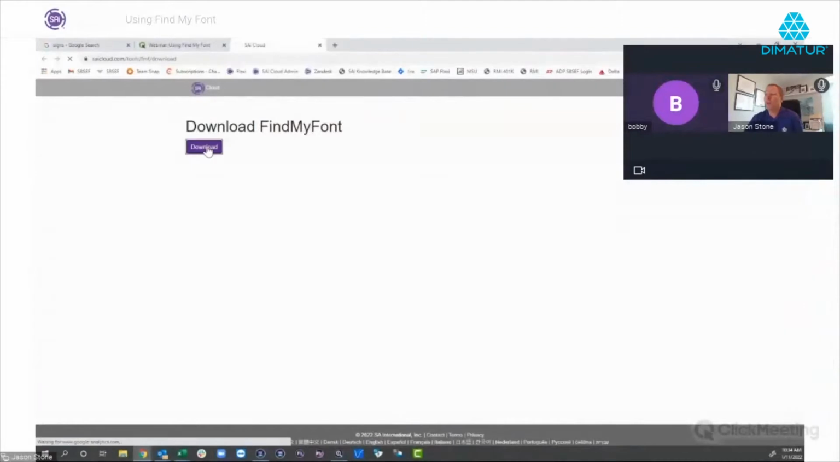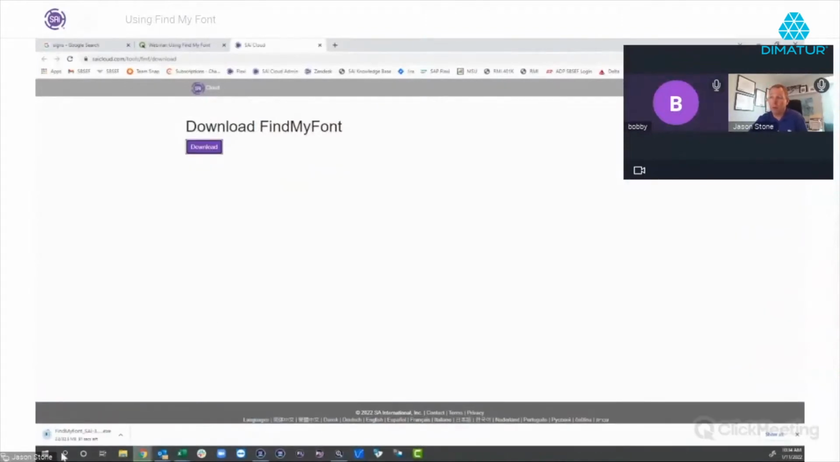You're going to hit download, and it's going to download the program here. Usually you're going to see an exe file. And once that's done downloading, if you double click on that and just follow the instructions, it's going to download the Find My Font for you. And once it's done, it is going to ask you for your SAi Cloud Login. So your SAi Cloud Login is where you manage your subscription. So it's going to be that same email address and your password to actually access the Find My Font